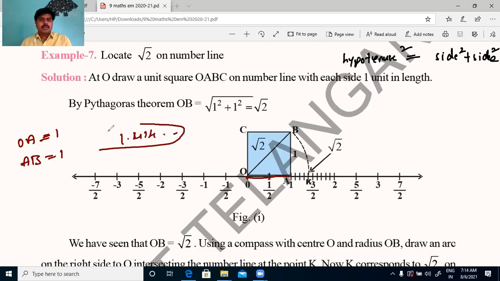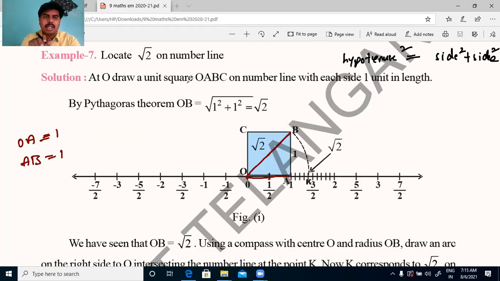1.414 something, right? We do not indicate this number 1.414 on the number line. Can we? No, we cannot find the exact value of this 1.414 so on number. That is the purpose. What we are doing here is just take a root 2 length line, and we make an arc by using a compass.